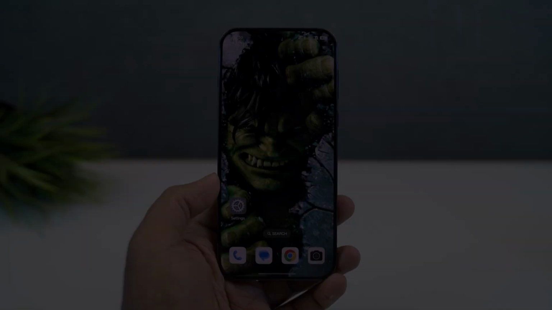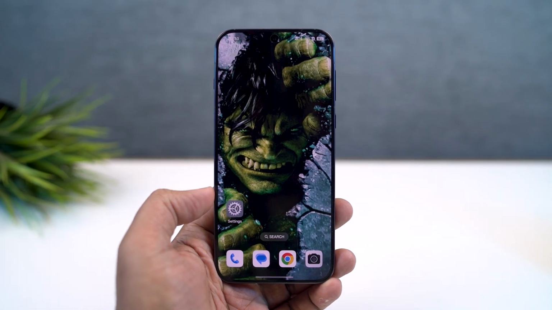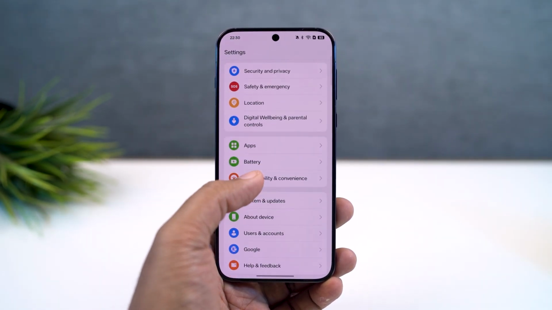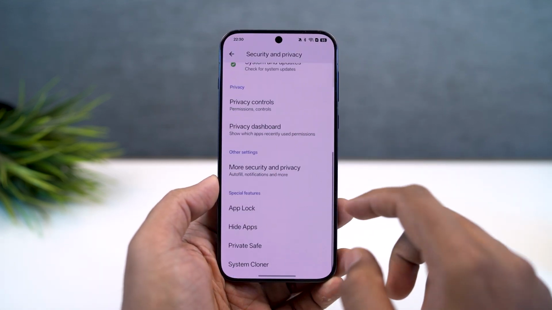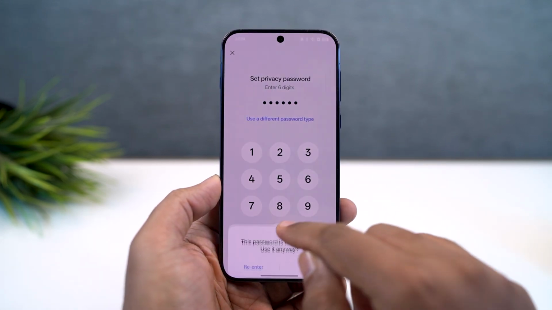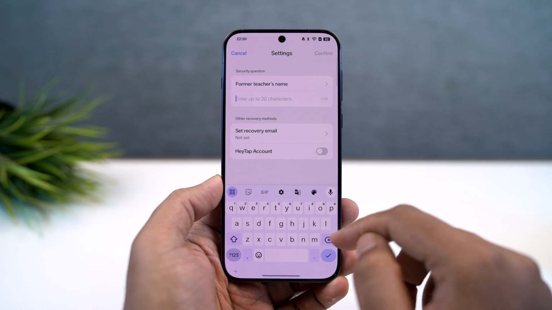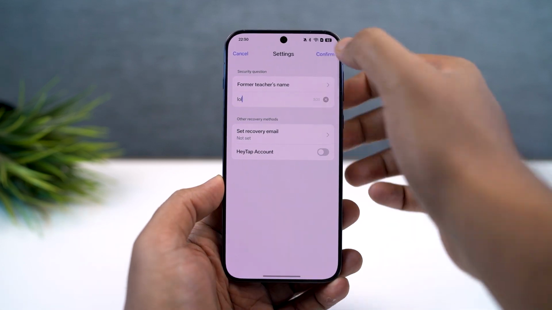Next, I'm going to show you how you can hide files. Now on this phone, there's a feature called Privacy Safe, which allows you to hide files. Any file like documents, video files, music files, you can literally hide any files. Once you enable this feature, you can directly go to the Private Safe and hide files, or else no matter